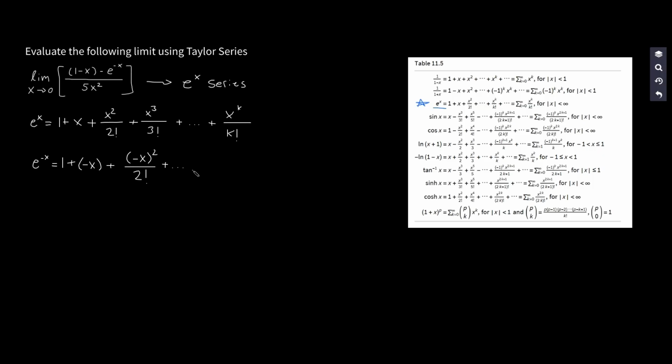Everything in between, all the way up to some k. Let me just go ahead with a simplification. Instead of 1 plus negative x, we'll just put 1 minus x, and then plus